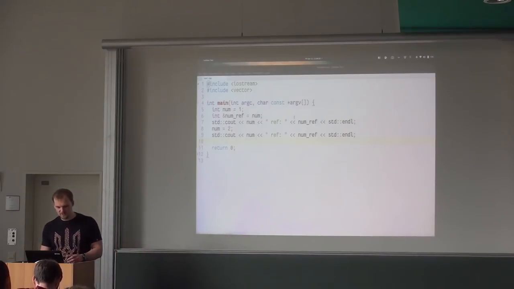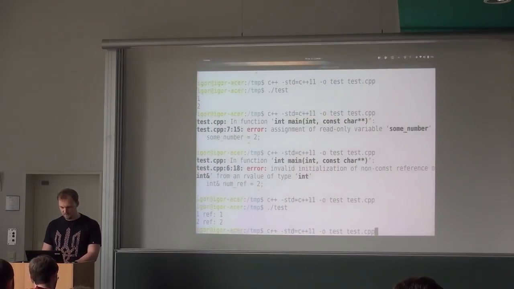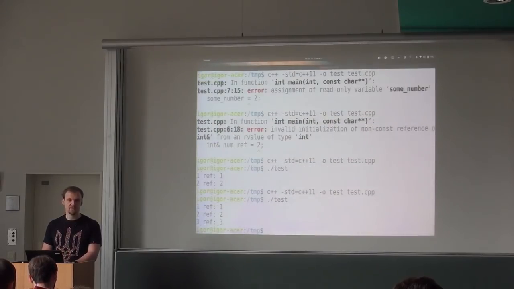Now let's go back to also if I change. Let's do another small example here. So if I can do this, I can actually assign a value to a reference, and it will work just the same. So it actually changes both the variable and the reference, again, because they're the same thing.